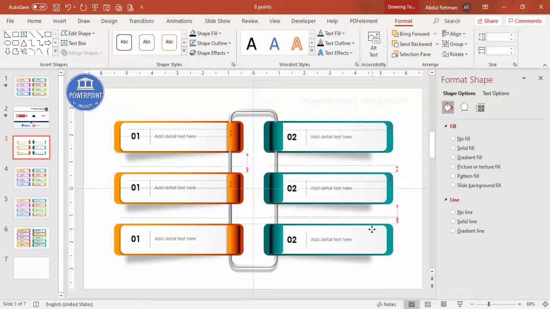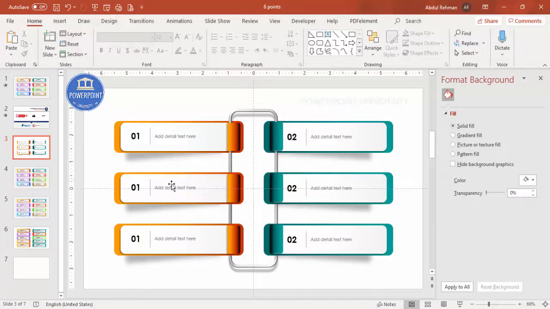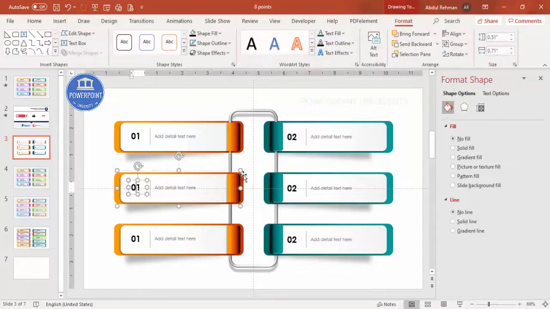So we need to just make sure that it is aligned properly. So this would be 3, this would be 4, this would be 5, and this would be 6. All right,